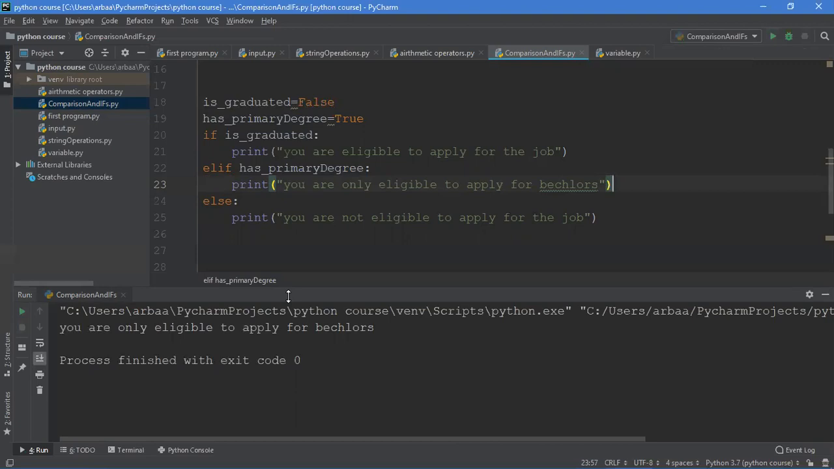There we go. It now says you are only eligible to apply for the bachelor's, because the primary degree was true now. If we just change both of these to false,